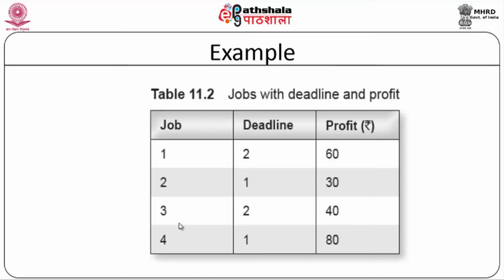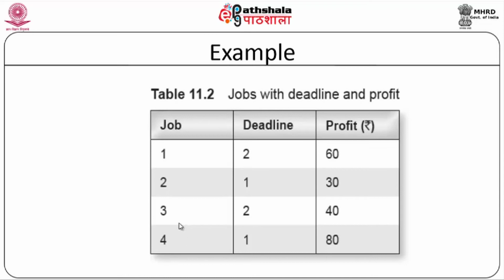So, if I allocate the second job, it will take 1 unit. By the time the deadline of job 4 has elapsed, I will not get any profit at all. So, in other words, this algorithm not only takes profit into account, but it has to take into